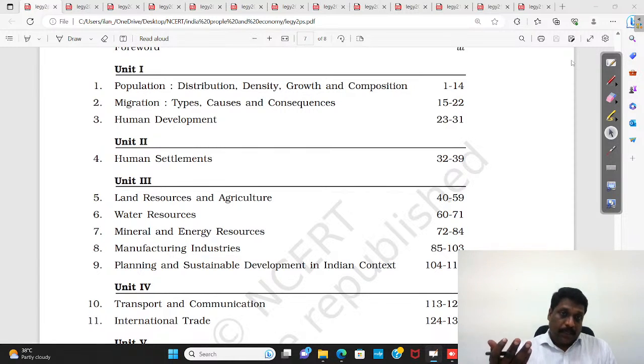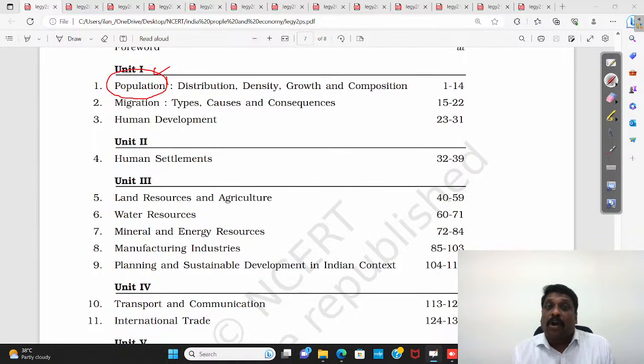And who knows? The World Population Meter projects that by the time we come up with the census, there is a chance that we may be the most populous country in the world. Maybe in another few months, less than a year, the projection says we may cross the Chinese population. Okay, so till now we are the largest democracy of the world. Maybe very shortly we'll be calling ourselves the most populous country in the world. Okay, but whatever the case, we have to wait for the official data. Okay, so population